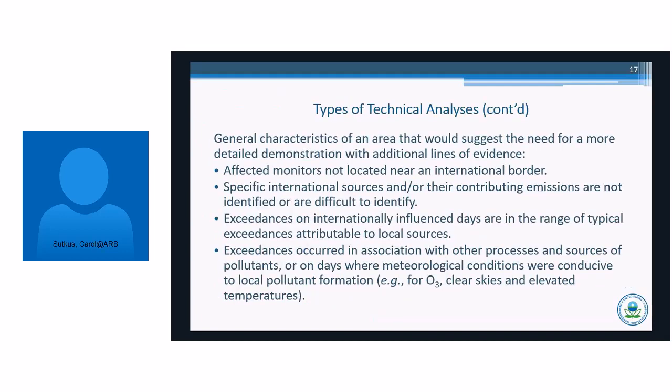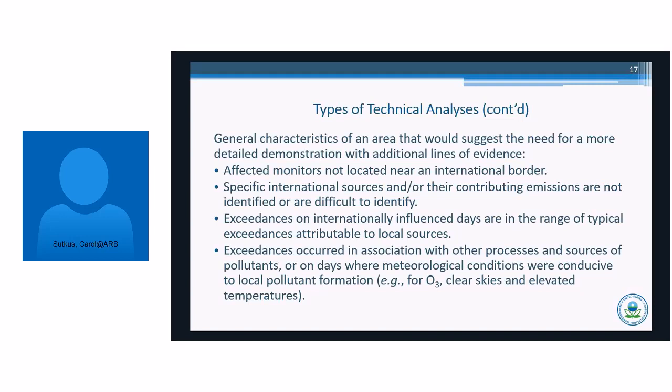By contrast, a conceptual model would need more lines of evidence if the monitors are not located near an international border, if there are not specific international sources that are being identified or are too difficult to identify. Exceedances on internationally influenced days are also in the range of the typical exceedances that are attributed to local sources, that is, they're not clearly identifiably different by their magnitude or dates.